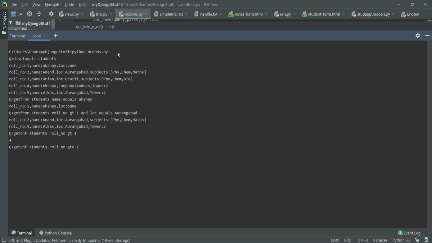So if we say roll number GTE 1 and the other condition is tower equals to, there are basically 2. If we run this query we should get the count as 2. Yeah, we are getting the count as 2. And the same query, if we run without get count, using get from, we should be getting these two entries. Yeah, we have these two entries.